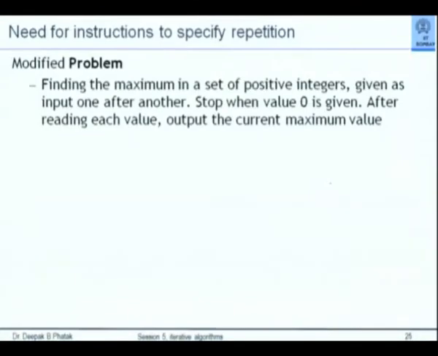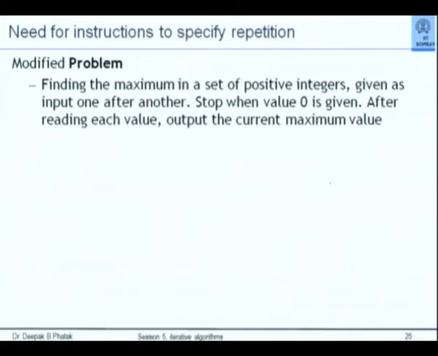Our objective today is not to see that. Our objective today is rather to emphasize that in most of the problems that we solve, we should not write infinite loops, because that is dangerous. But if I don't want to write infinite loops, then what do we write? We have to indicate end of input. How do we indicate? Here is a modified problem.